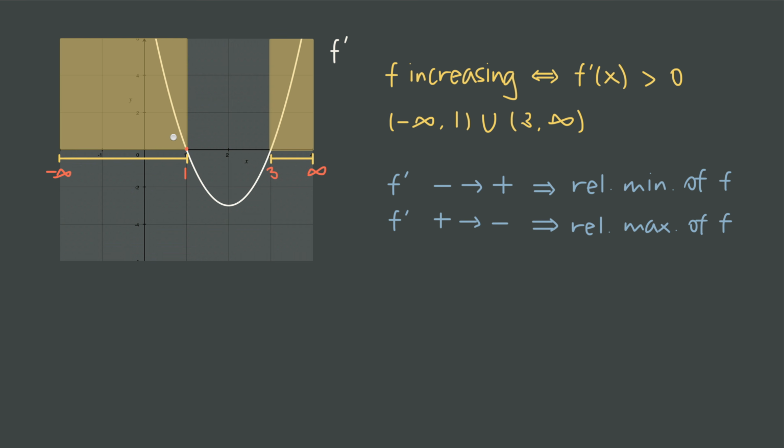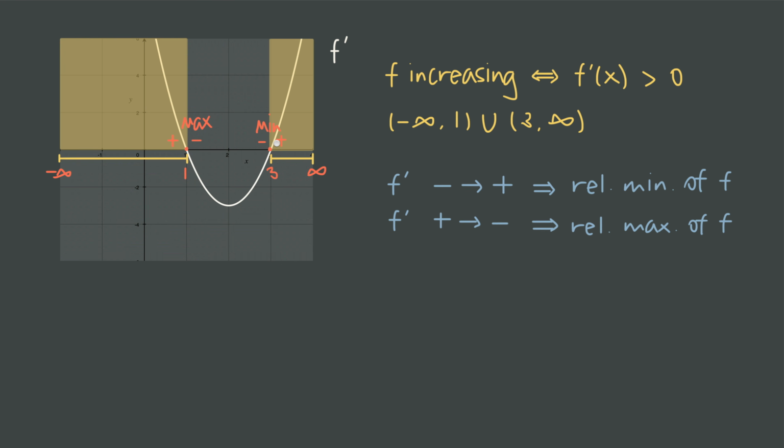So this is going from positive to negative, which means right here at x equals 1, we have a relative maximum. And over here, as we move from left to right, the graph is going from negative, below the x-axis, down here to positive, above the x-axis, crossing over right here at x equals 3. So going from negative to positive on the derivative function, that means the original function, f of x, has a